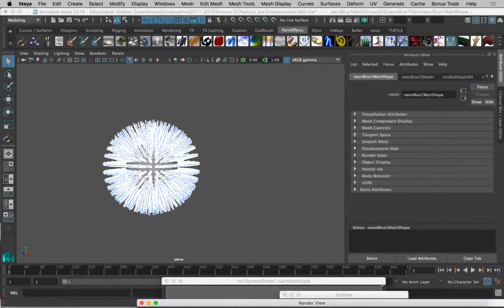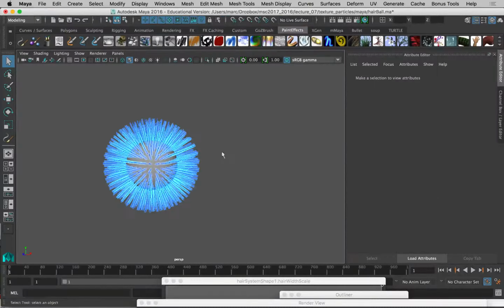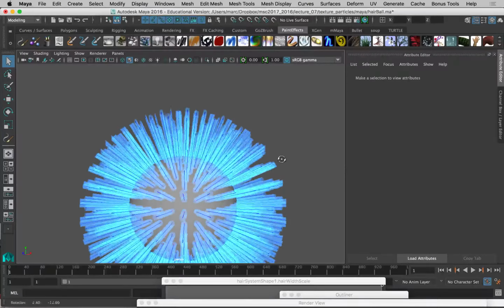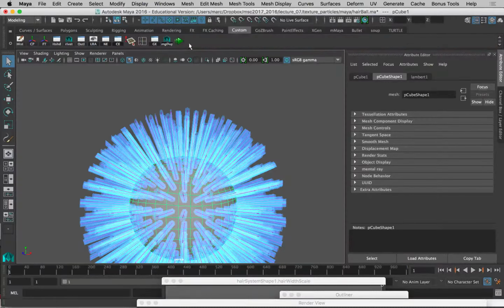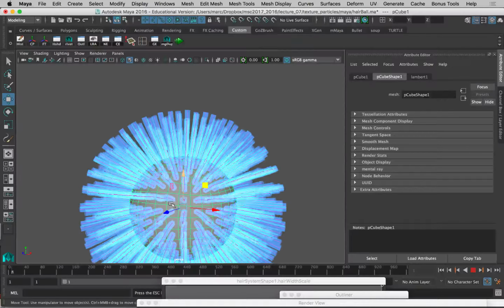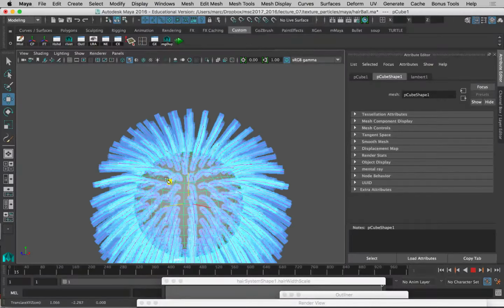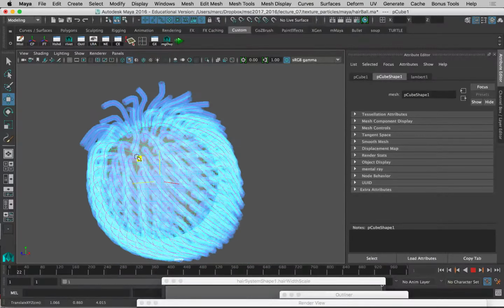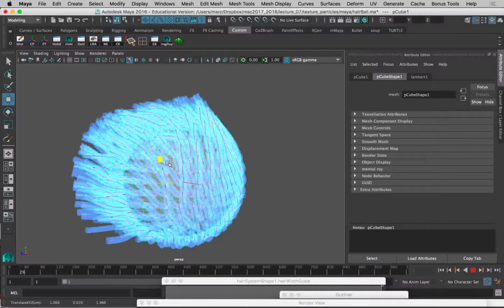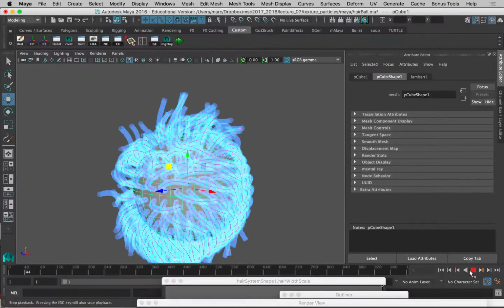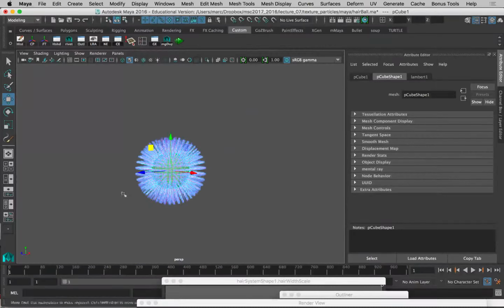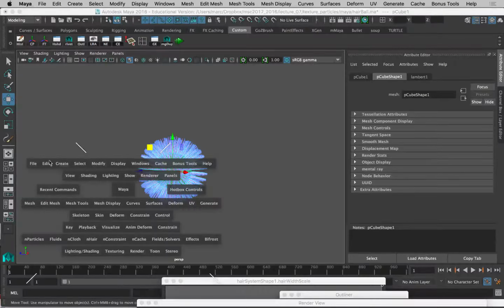So now, I don't know how well this will play back because we've got this double layer of construction history, but if we select this thing and go back to interactive playback, okay, so now it's acting like our koosh ball, right? That's good. It's going a little hog wild, but now if we just grab something like a cube,